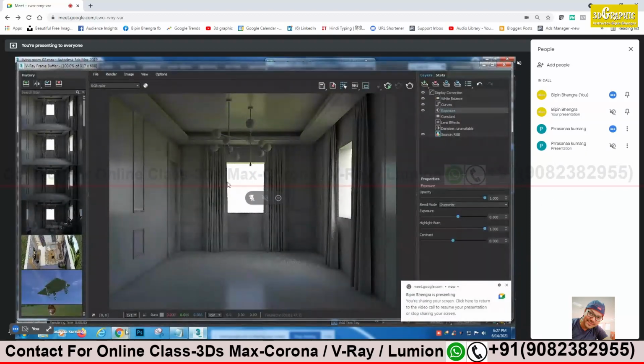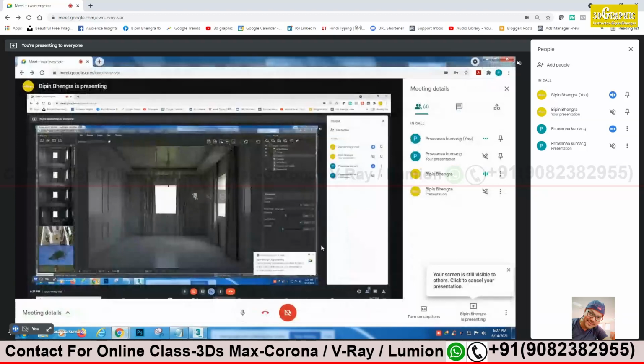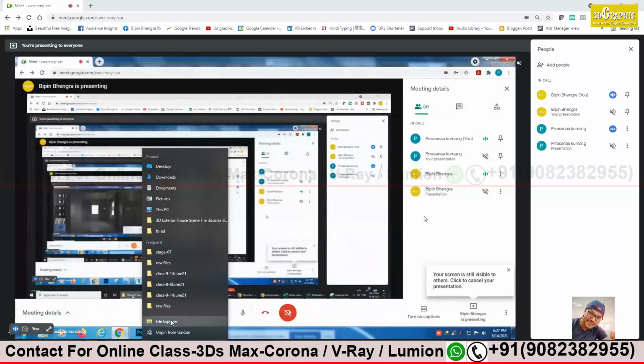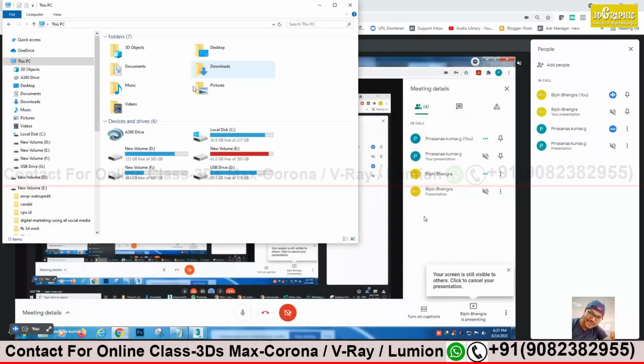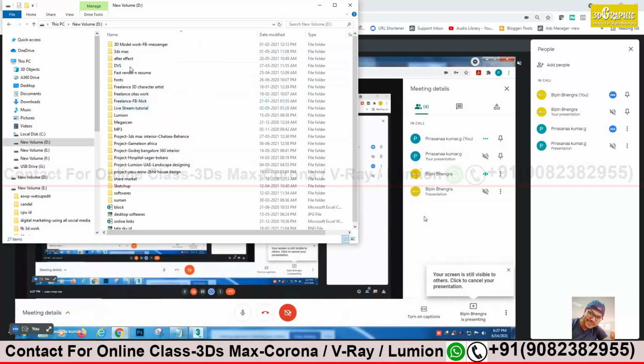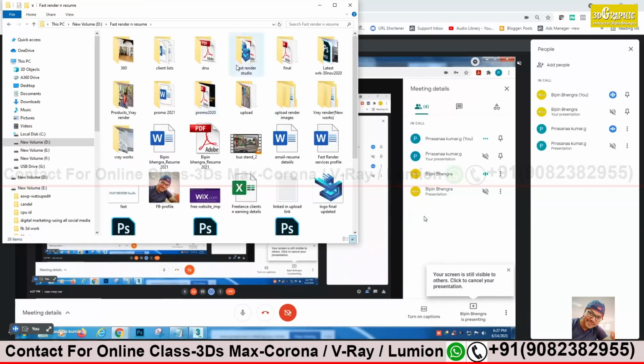I will show you one of my works, a bathroom work. No point of giving daylight there. Many people ask that if there is no window or no source where I can show my exterior light or take help from the exterior sun, how do we illuminate our scene? So this is one of my works.